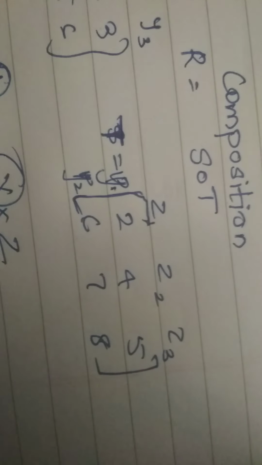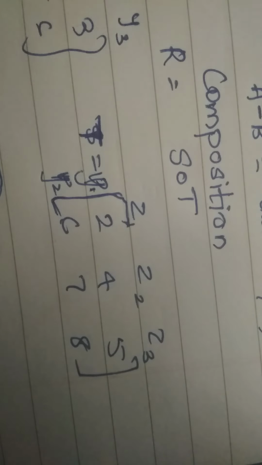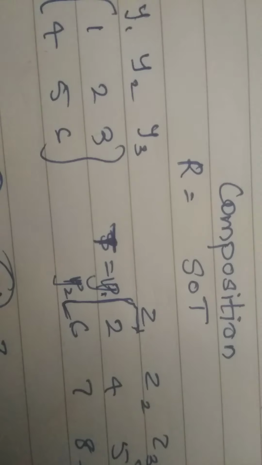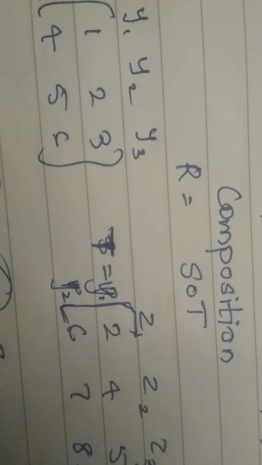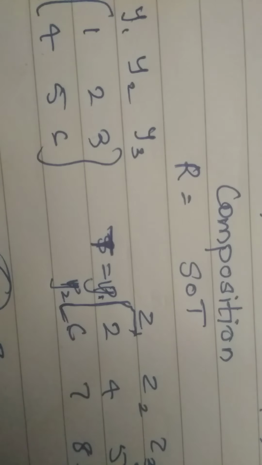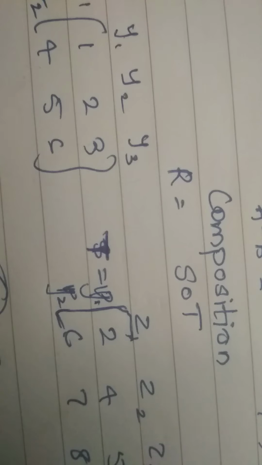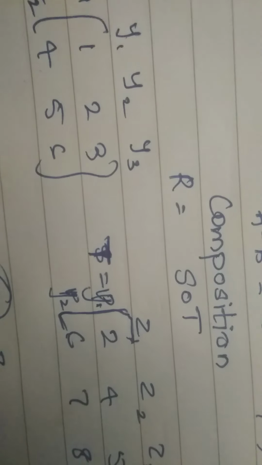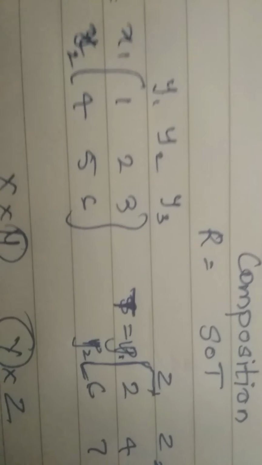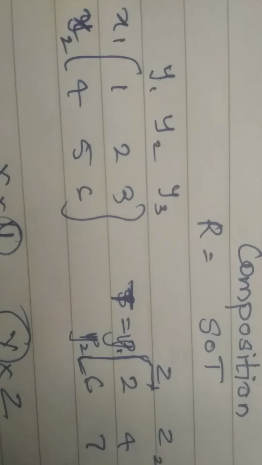Now the composition is a new type of thing in fuzzy logic. So if you see, we can denote it as R is equal to S with a dot, T. So how you explain this is with an example, definitely, otherwise we won't understand it as much. So what if we have a bigger set? Okay, so I have something like x1, x2 and y1, y2, y3. Here y1, y2 and z1, z2, z3.